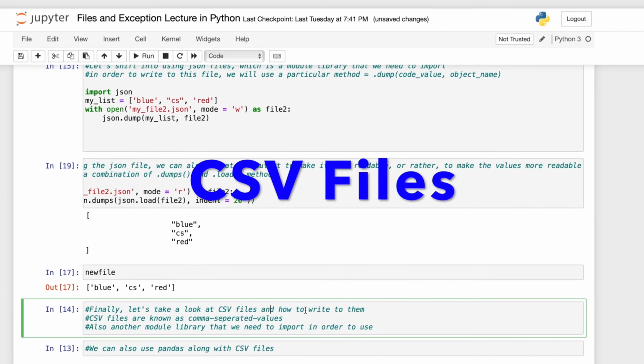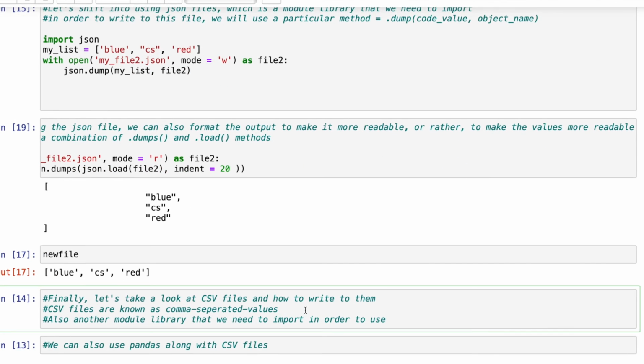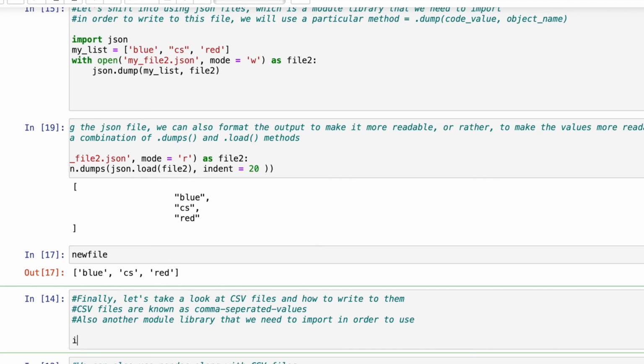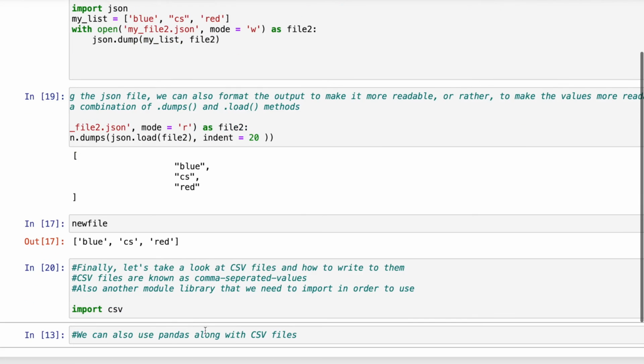and how to, of course, write to them. So CSV files are known as comma-separated values, which is why they're called CSV. And it's like JSON files, we need to import them for use. So I need to say import csv, and then